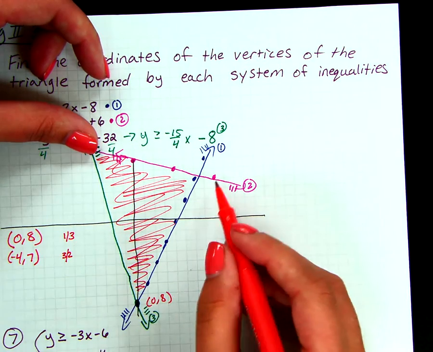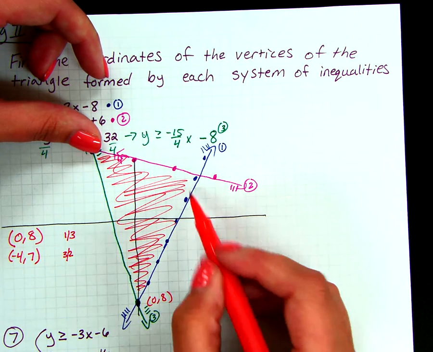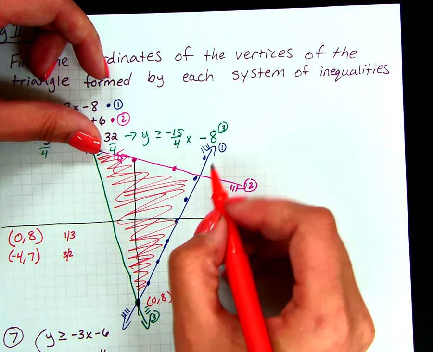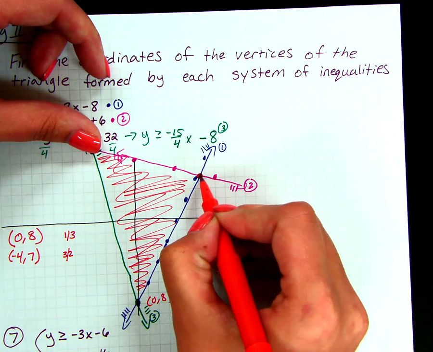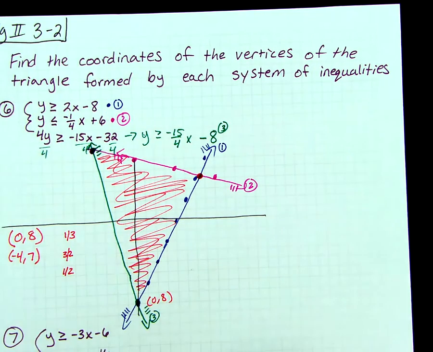And then now I need to find my intersection between 1 and 2. So the blue and the pink right here. Now notice how this one didn't meet at a nice point. So that means that we're going to have to do a little bit of algebra. So either solve by substitution or elimination to find that. So to do that, what I'm going to do